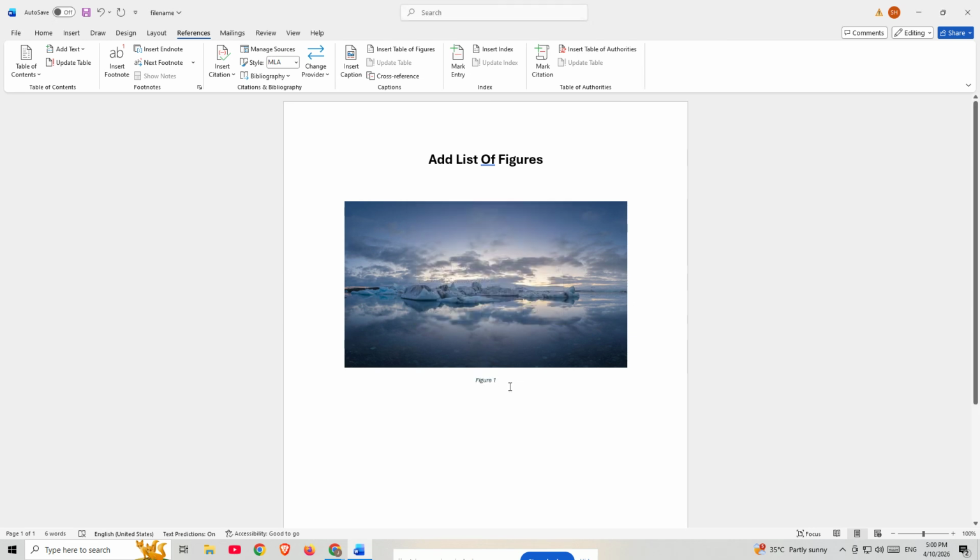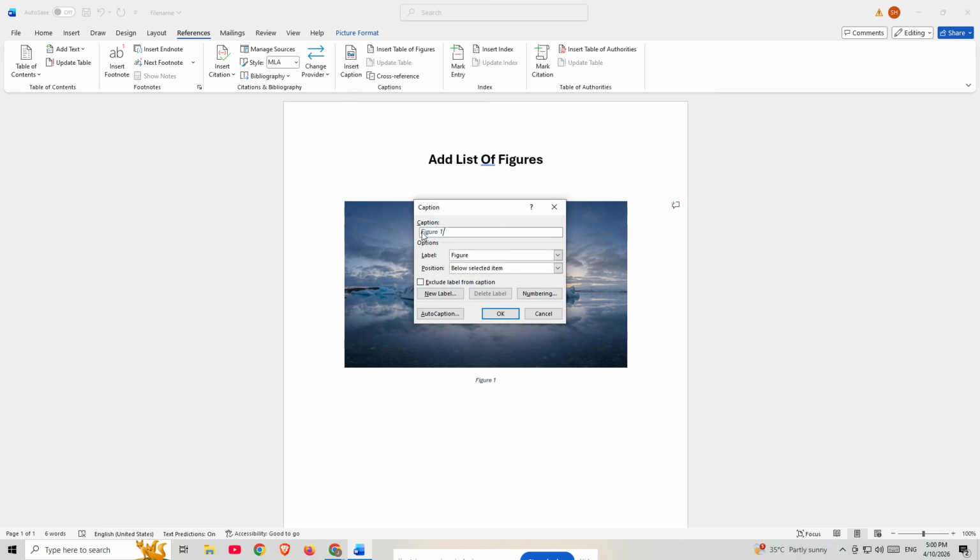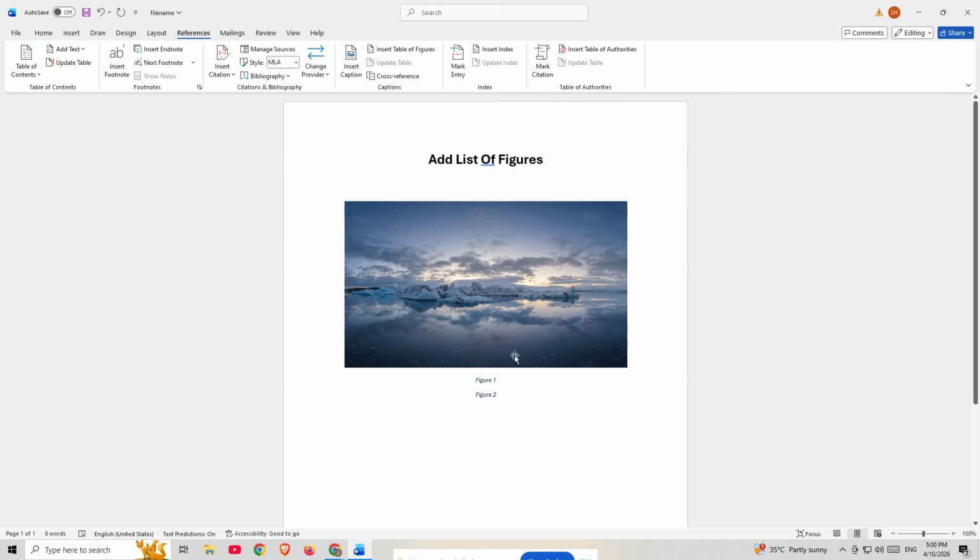This is the first step in building a proper list of figures because Word uses these captions to generate the list later on. If you have more images in your document, repeat the same process for each one. Select the image, go to References, click Insert Caption, choose Figure, and press OK. By doing this consistently, Word will number each figure for you in order, which keeps your document clean, organized, and